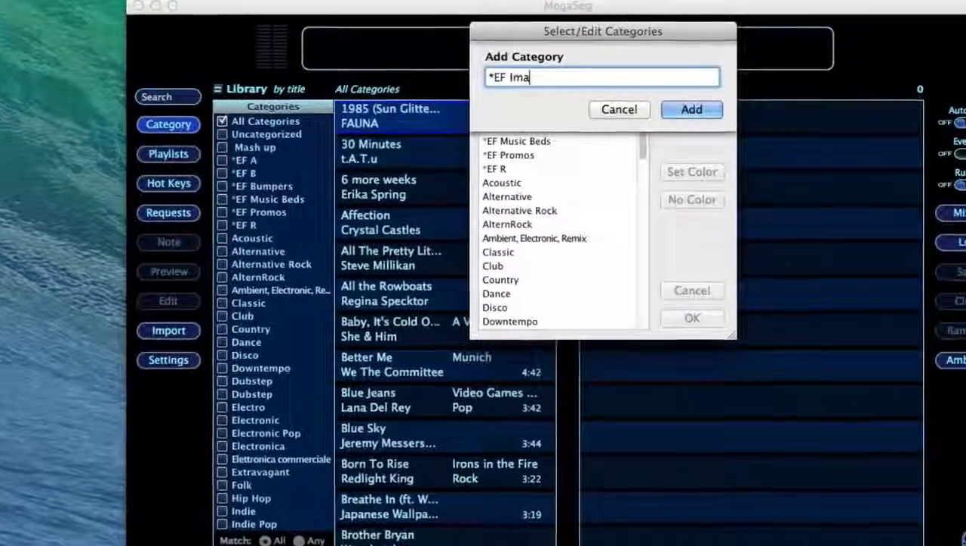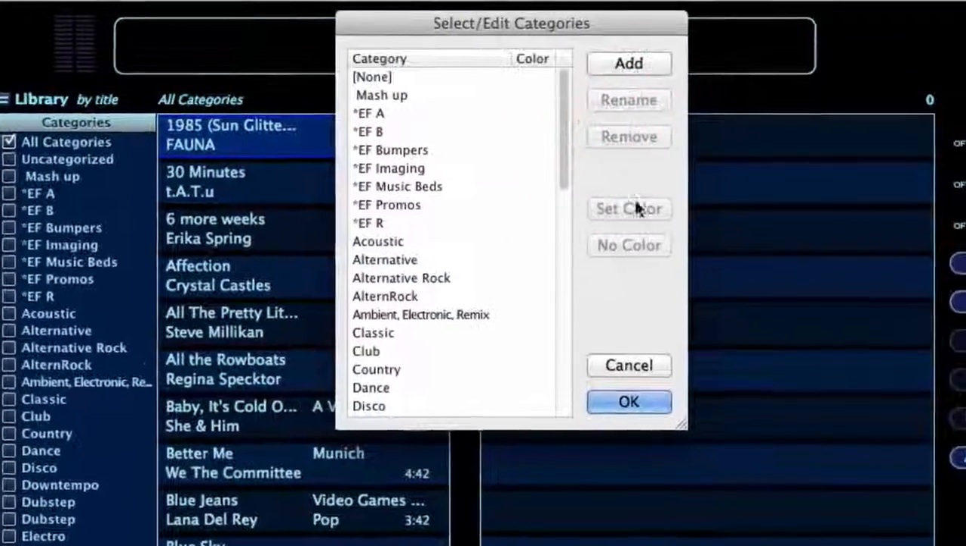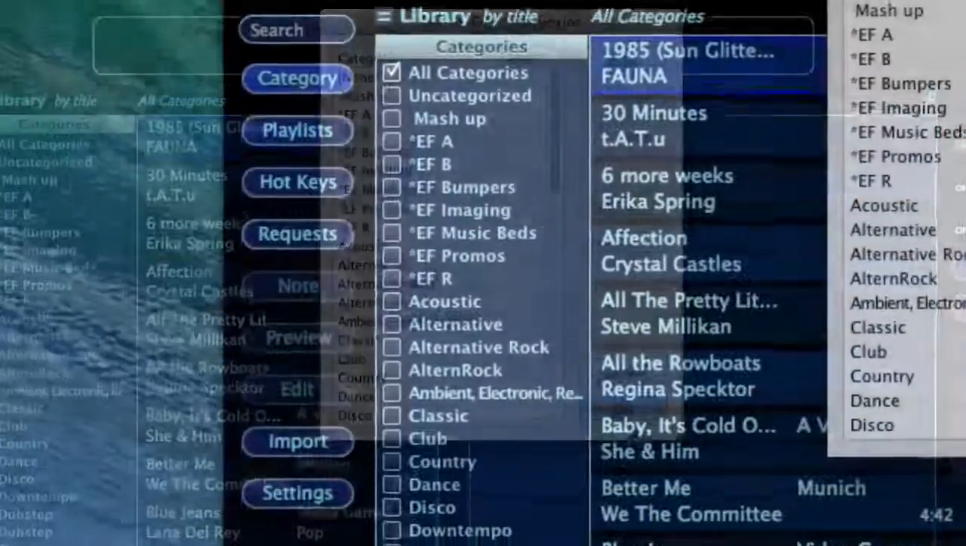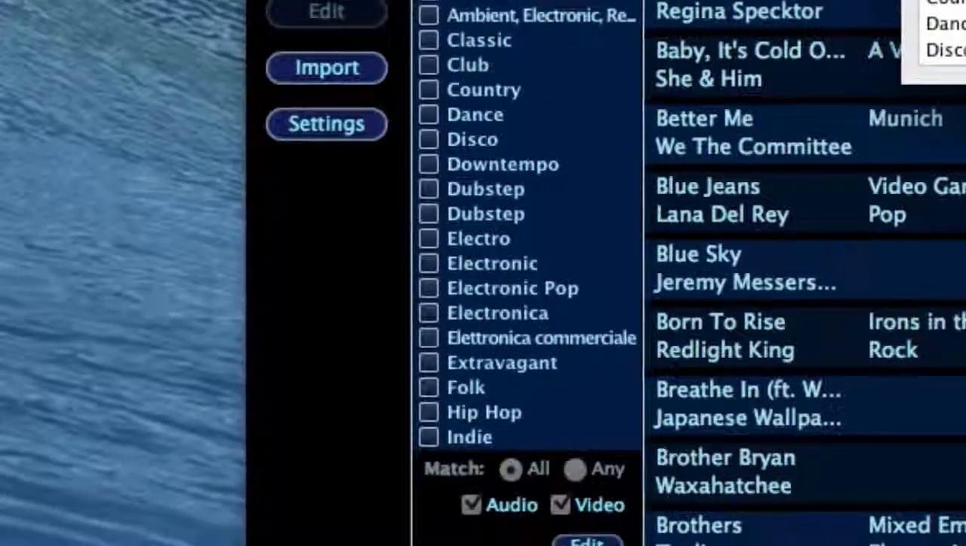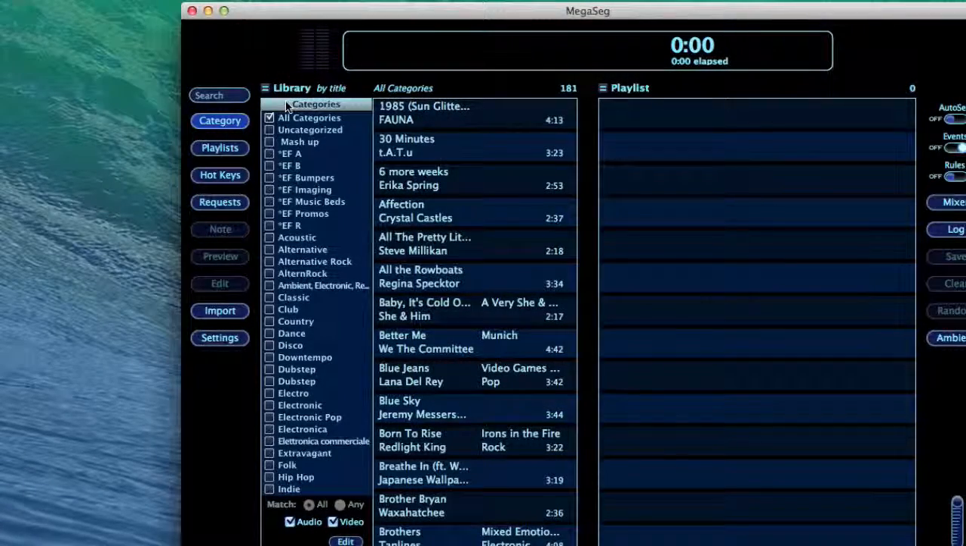Categories in Megaseg are a very powerful tool, enabling complex dynamic playlists, easy cross-category searches, and much more. The user's guide has lots more information about this powerful tool, and we'll get back into it more later. But for now, let's get back into the library view by clicking on the category bar at the top of